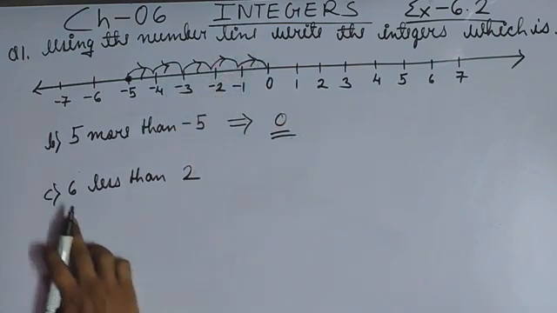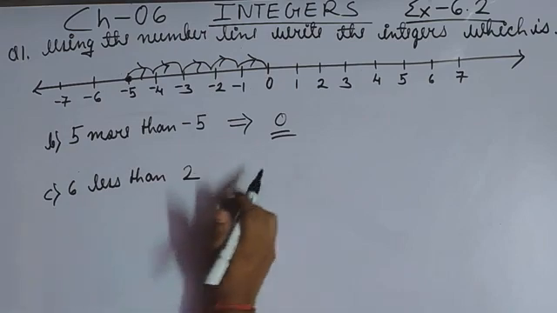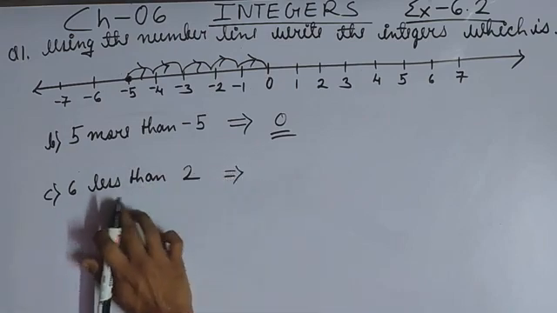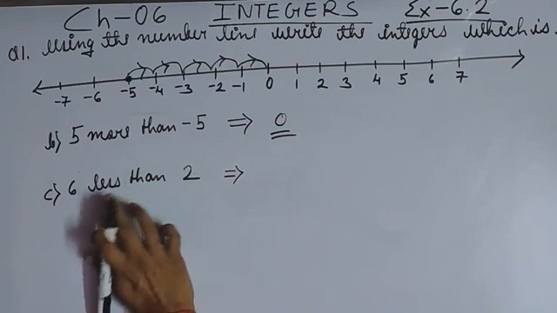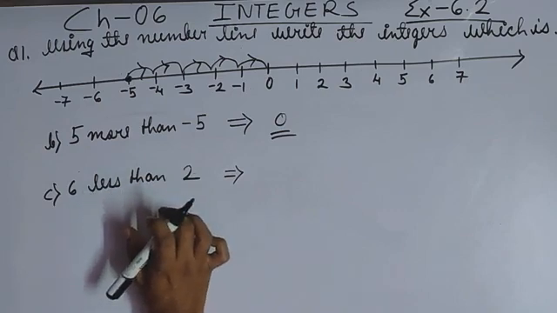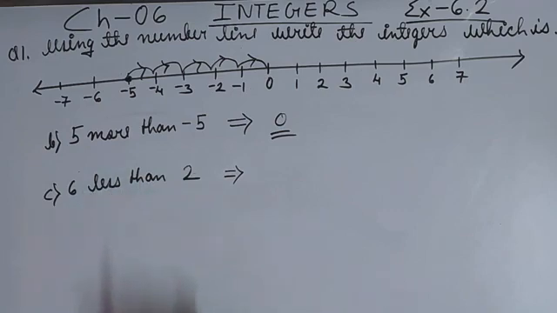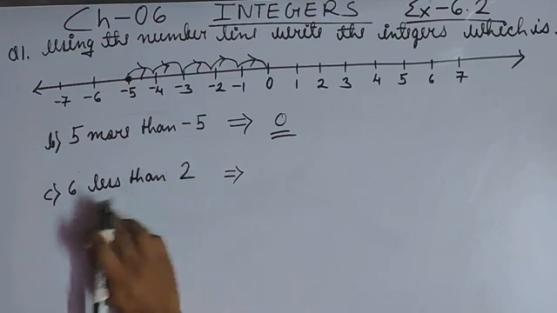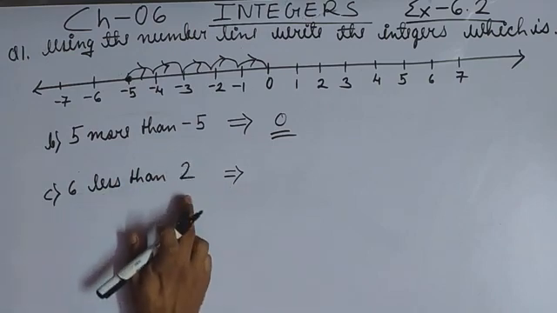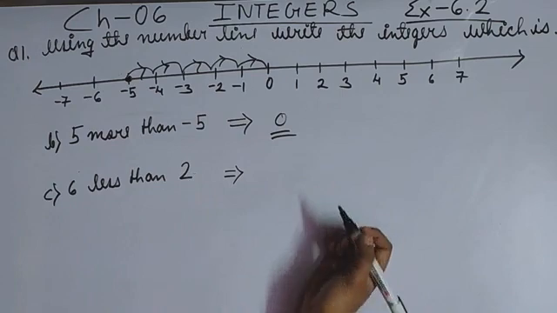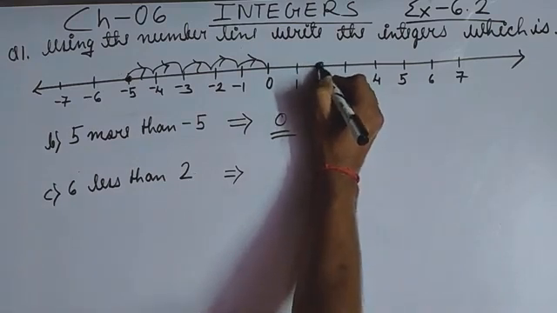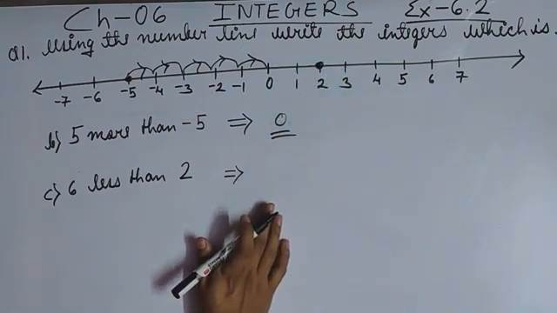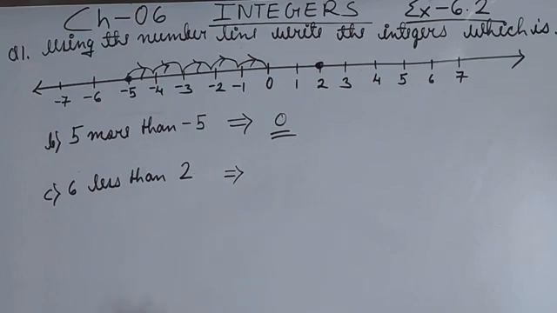Now 6 less than 2. 2 से 6 less, less means कम. For that we will be moving towards the left hand side and doing subtraction. First of all we will locate a number. किससे कम पूछ रहा है? We have been asked 6 less than 2. First we will locate the 2. This is our 2 and we have to move 6 places towards the left because it is saying less. Whenever we have a less, we move towards the left hand side.